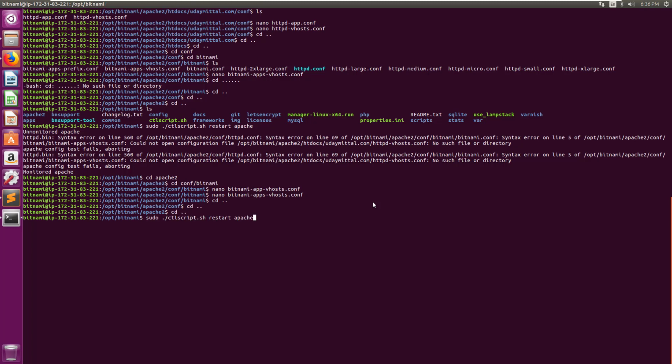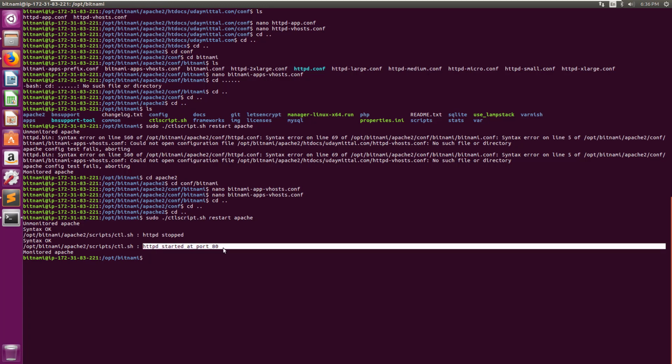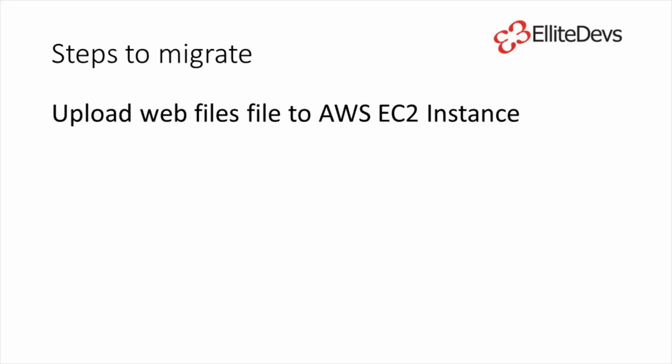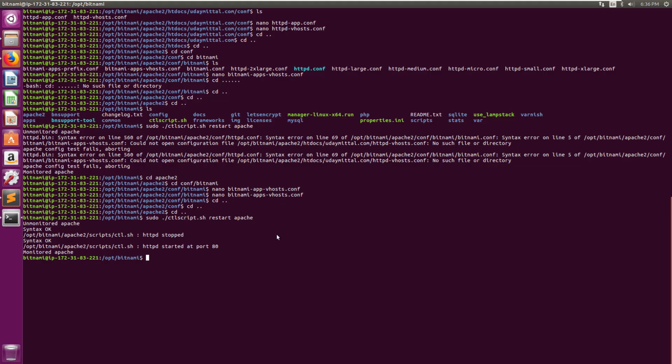So I'll issue this command again. And this time you can see that Apache server has been restarted at port 80. Our next task is to copy the WordPress zip file that we had copied from our shared hosting account to this AWS EC2 instance. Now in order to do that, I'll just give the command exit,